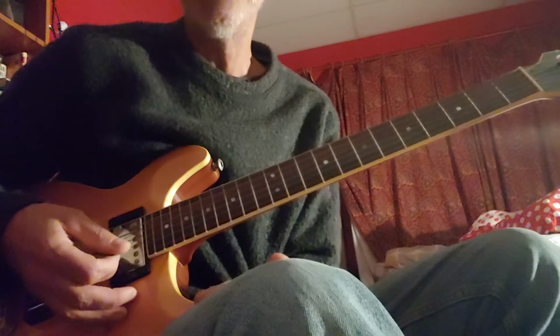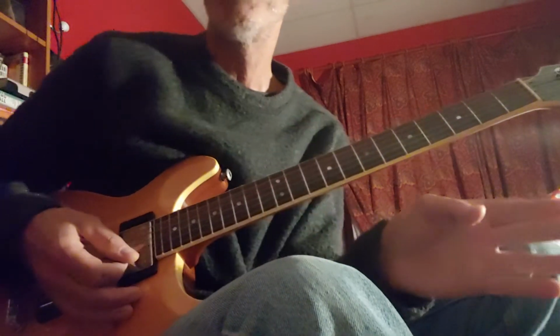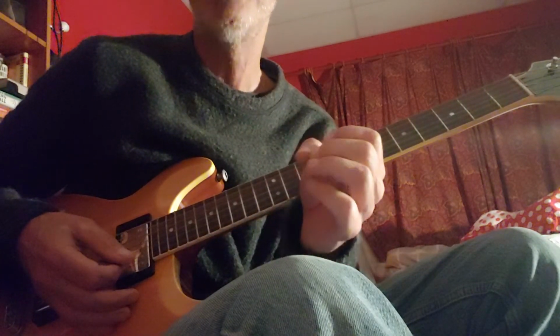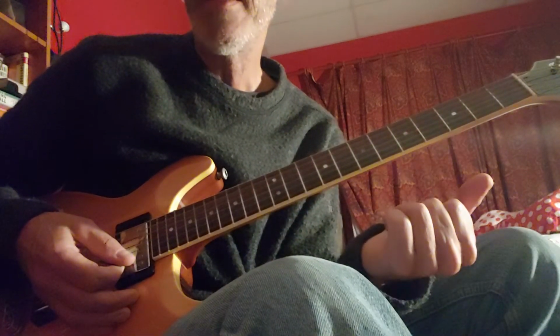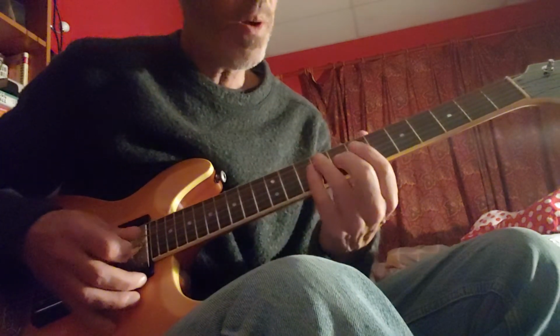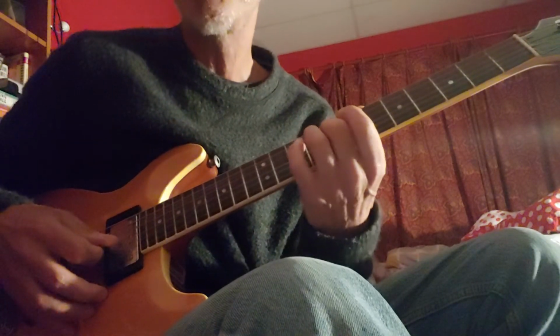So what I try to do is play the bass notes on top of that solo. Even though I've got a bass player playing, I just like to add the guitar bass notes. Now, they're pretty basic. It's just D, C, E, and G. However, when you're up here doing this, those notes aren't necessarily the easiest notes to play without hitting